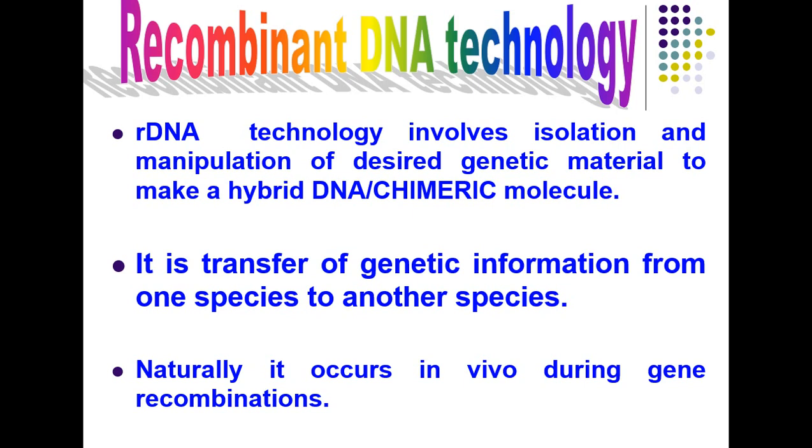they undergo recombinations, genetic recombinations, chromatid recombinations will take place. So the actual recombinant DNA technology which we are using in the laboratory is actually taking place in living organisms also. But when is it taking place? It is taking place during gene recombinations. Recombinations can happen during cell division.